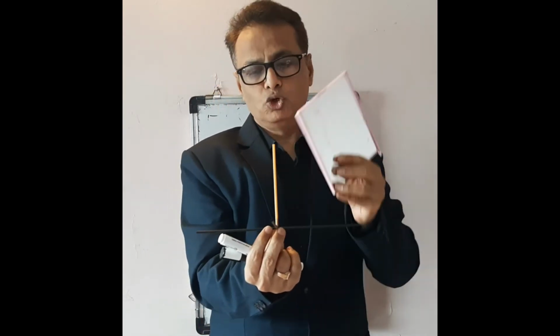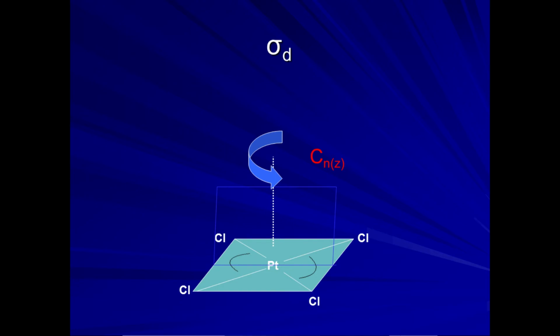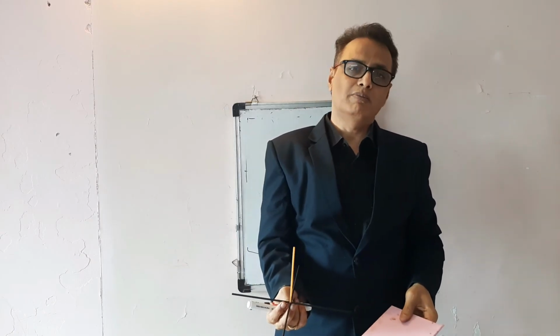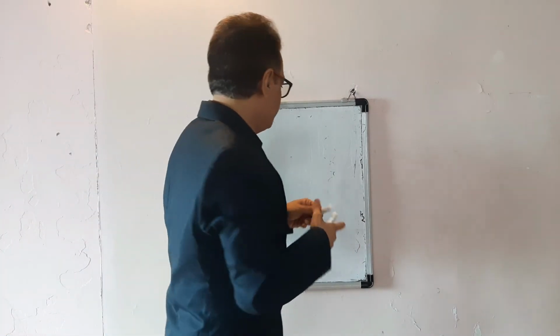But this should be considered a diagonal plane of symmetry, because this is a vertical plane which bisects two perpendicular C2 axes, these two perpendicular C2 axes, and may contain a minimum number of atoms, the platinum atom only, and therefore this contains a diagonal plane of symmetry. Similarly, this also contains a diagonal plane of symmetry. So PtCl4 has two diagonal planes of symmetry, and the same thing can be explained using this figure.